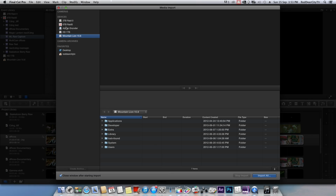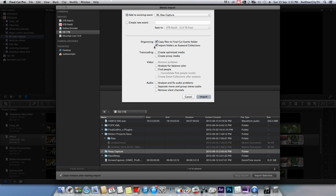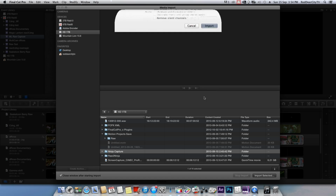and I'm on Mountain Lion, so it works well with everything. I think it works better than just Lion. And my stuff is on this drive here, and what we'll do is import our footage from here, and being it's ready 422, it is already in a state that I need it to be in. It is interlaced, but usually I'll de-interlace it, but I'm not going to worry about that right now. So just import it as is,